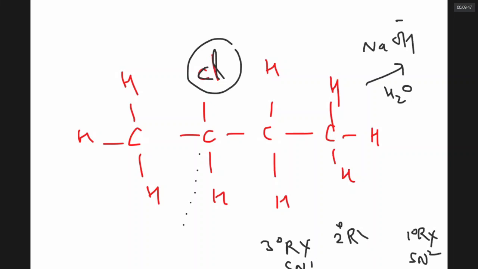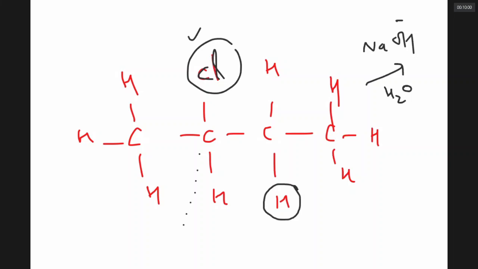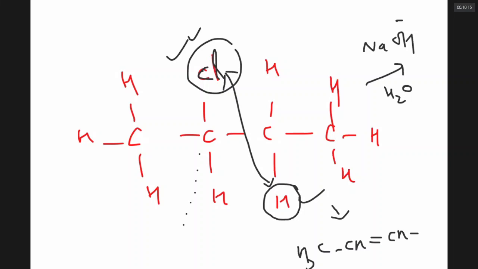Now my point is, whenever I am heating with NaOH, what happens is the Cl minus and the neighboring carbon's hydrogen, which are locked opposite to each other, they develop a deep love and they try to get out. When the Cl and this hydrogen are going out, then you are getting CH3, CH double bond CH, CH3. It is called 2-butene. This reaction is called elimination reaction, or it is called dehydrohalogenation.